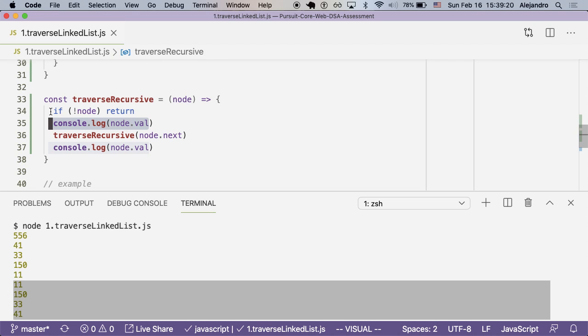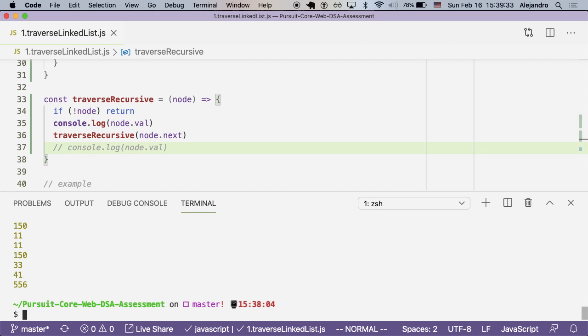So we have this linked list. Now, the way in which we're doing it is our recursion will start on this node, right? And then once we have that, we just console log it. So let's think about first this one. Before our recursion starts, we just console log 556. Then the recursion starts to recurse by calling our function that I'm just going to call